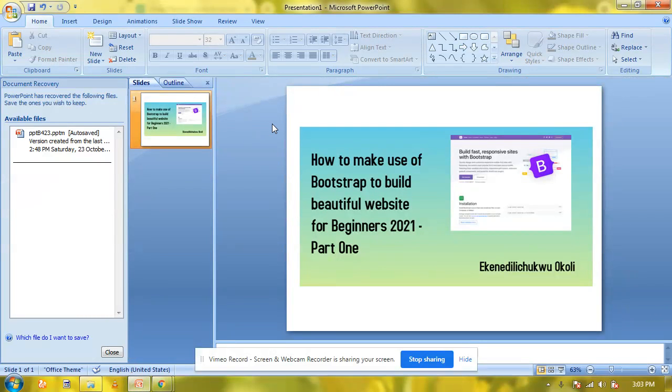Okay, hi guys. My name is Kennedy Shkoli, and today I'm going to be showing you how to make use of Bootstrap to build beautiful websites for beginners. Yes, I'm going to be doing that and showing you exactly the step by step process that you need to follow in order for you to be able to build websites with